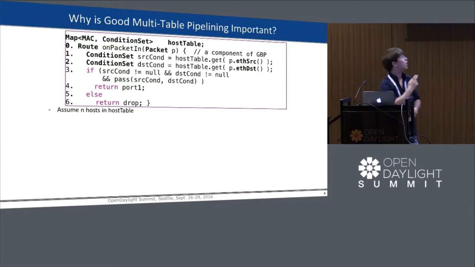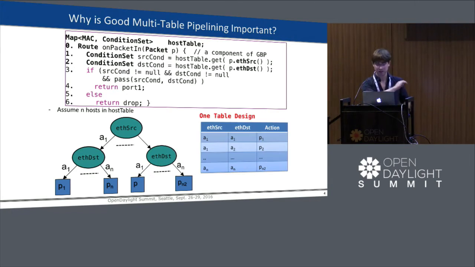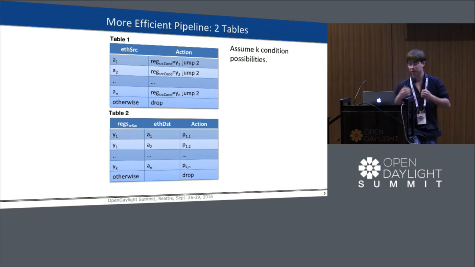We further assume that there are n hosts in our host table. Now, how can we do this? A naive implementation would be to turn the entire policy into a single lookup table. Such a lookup table would have n copies of the source hosts, and for each of those hosts, we need to compare it with all n of the destination hosts, such that in a one-table design, we require n² entries. However, there are better paradigms. A more efficient pipeline might be 2 tables. If we assume that there are k condition possibilities for the source table, and we assign each of those k possibilities